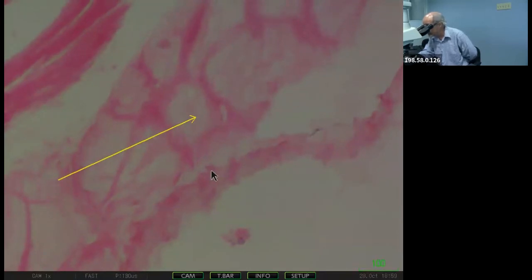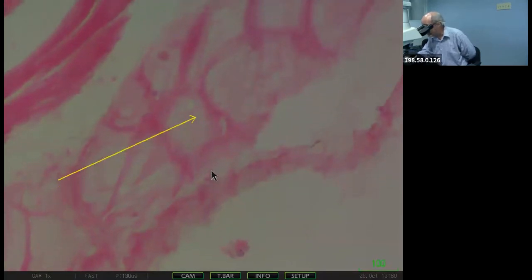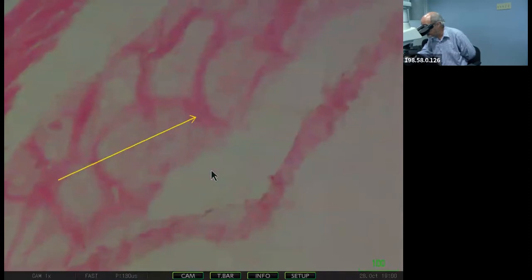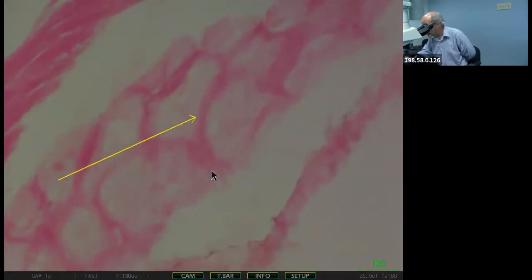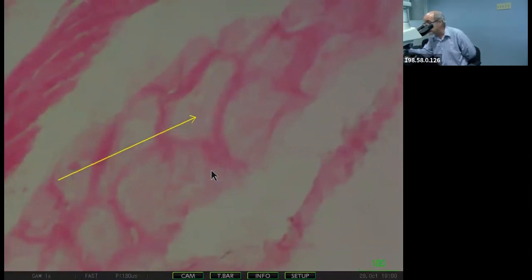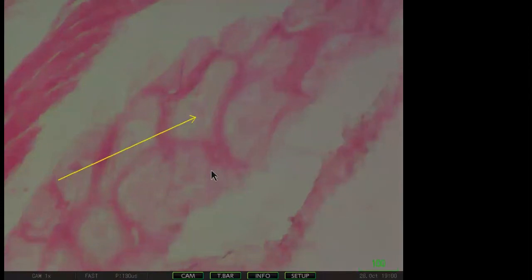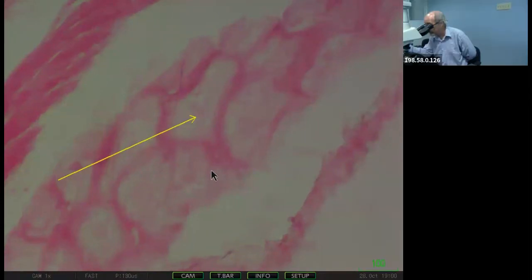Not cells, they are called Purkinje fibers. It's the same person who described the Purkinje cells in the cerebellum that we will see a bit later, but these are called Purkinje fibers. So don't get confused between the Purkinje fibers that you have in the heart and the Purkinje cells that you have in the cerebellum.